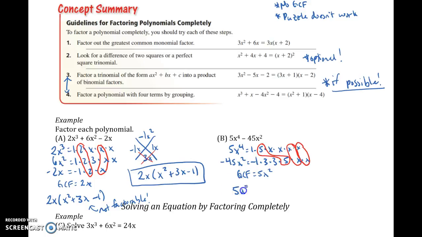I'm going to bring that out front. Whatever's left over inside, so x squared minus 9. And then you want to think, well, can I keep going? A trick to help you decide if you want to try additional work is if you do have an x or a y or a variable that has a power that's 2 or higher, you may want to try to factor it, okay? So this x squared minus 9,